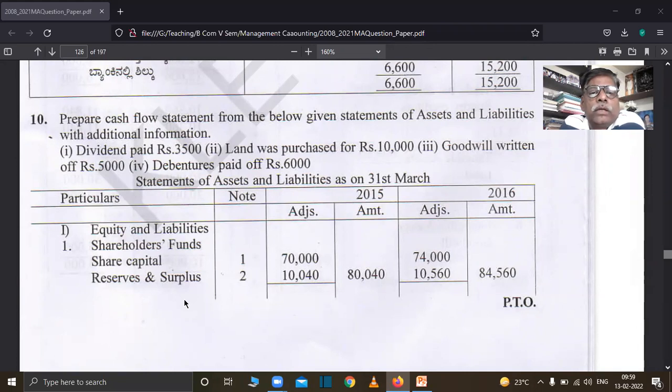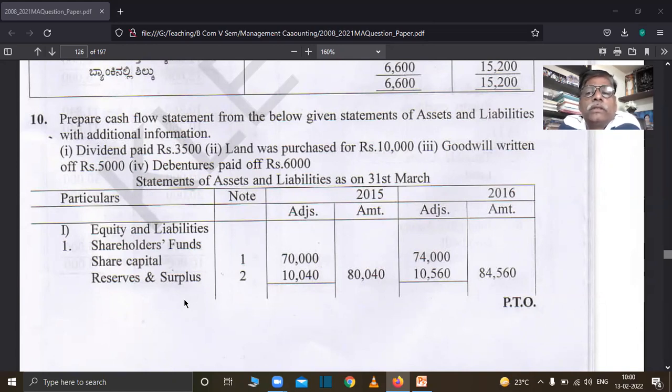Prepare cash flow statement from the below given statement of assets and liabilities with additional information. They asked to prepare the fund flow statement. So to prepare fund flow statement, you have to follow the required steps. First step is